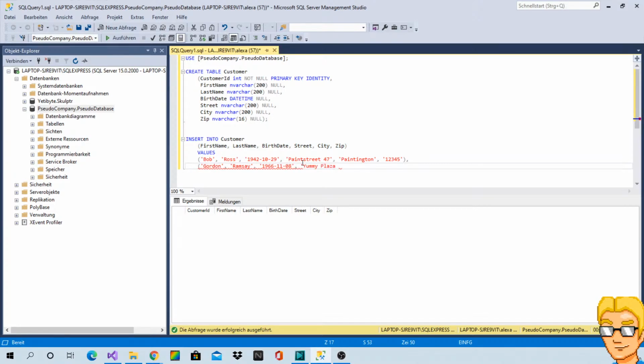Yummy Plaza. 12. I don't know, somewhere.